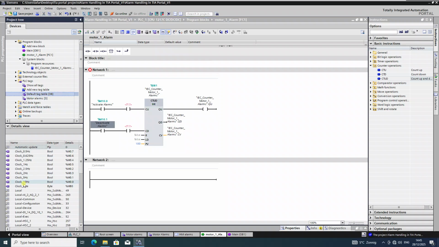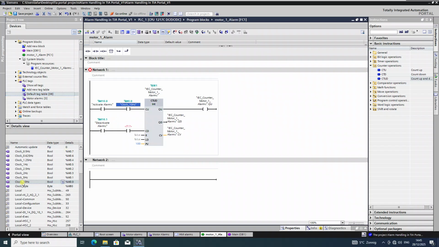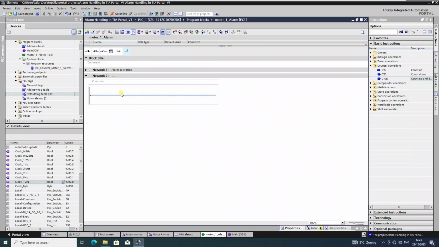I'm going to default tags and the memory, the clock bits I have activated, I will use here. Alright, alarm activation. Okay, now